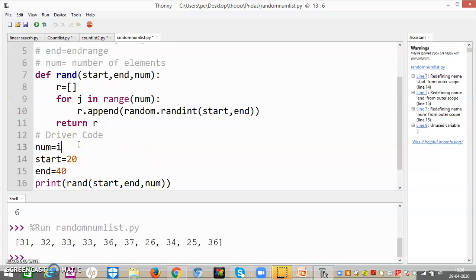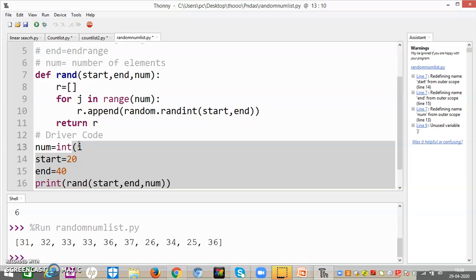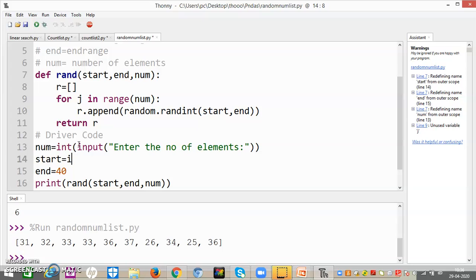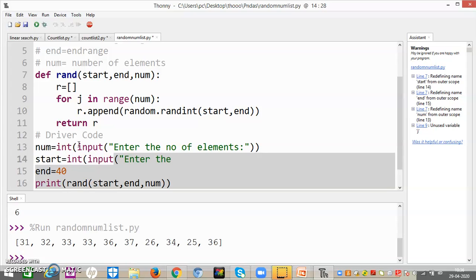Now it is random. We have given only the start range and the end range. It has picked the values by default. Now if you want the values to be entered by the user, then you can write input, enter the number of elements. For start, if you want, int input, enter the start value.